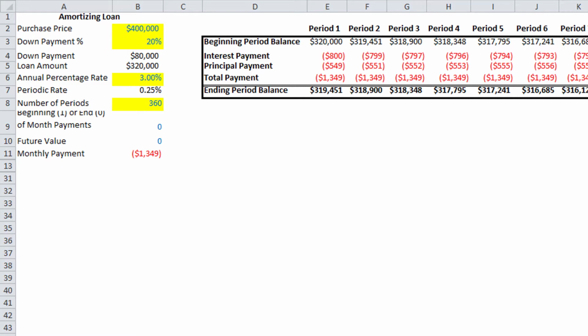So, for the 30-year amortizing loan, you'll notice that we use the same assumptions we used previously in parts 1 and 2 of the video. We have a home purchase price of $400,000, a 20% down payment, 3% interest rate, and 360 periods. And then here in cell B11, you can see I'm using the PMT formula to calculate the monthly payments. And if you need a refresher on how to calculate an amortizing loan payment, please see the link above and reference back to part 1 of the video where I go over how to use the PMT formula in much more detail. So you can see the monthly payment for the 30-year loan is